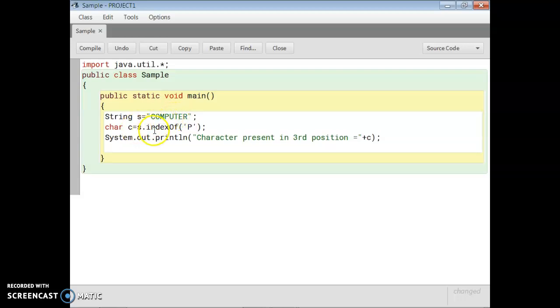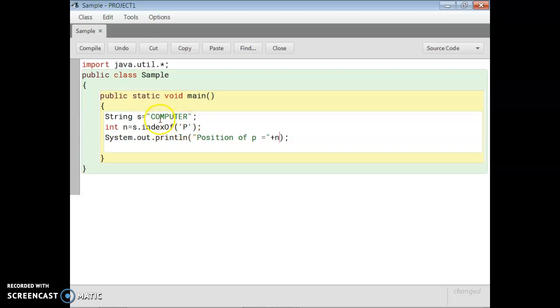Since it returns a position, we have to store it in one integer type variable. Int, suppose n. So here I write down position of p equal to, and in n we have the result.